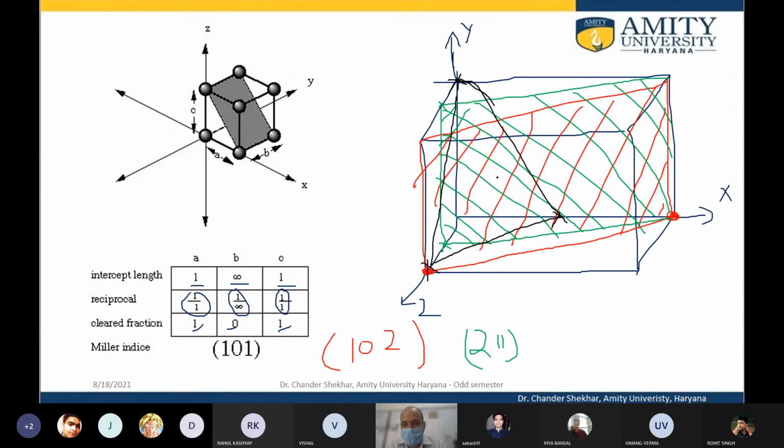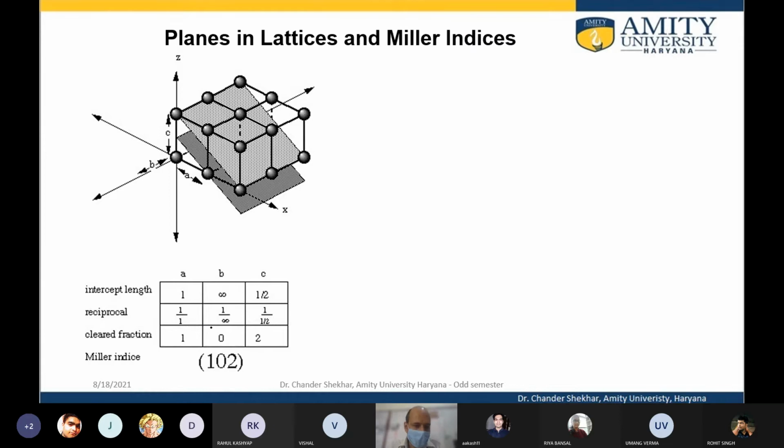Please remember, you cannot have random planes for any crystal structure, like we are taking the examples here. Each plane must have some lattice point associated with it. Then only can we have that particular plane. All the planes are not possible in all the crystal structures, so that limits the particular reflections that are there in the X-ray diffraction field. So these are some of the examples, and similarly we can have other examples.